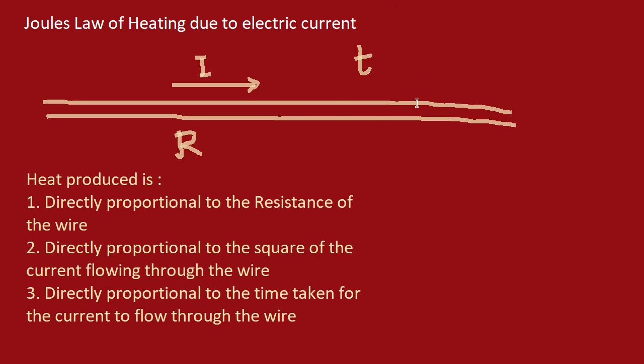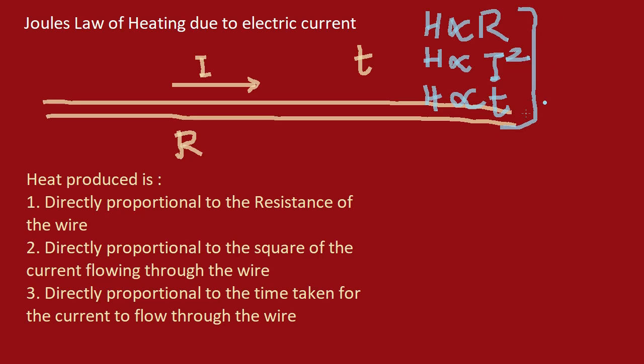Now let us put this down mathematically. So the heat generated H is directly proportional to the resistance R, and it is also directly proportional to the square of the current, so I squared, and it is directly proportional to the time t for which the current flows through the wire. Now if we combine all these three things, the heat generated is directly proportional to I squared